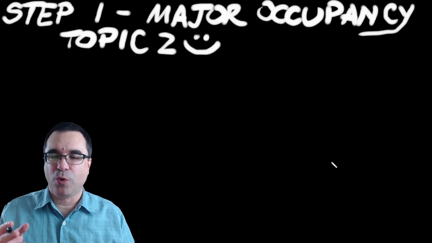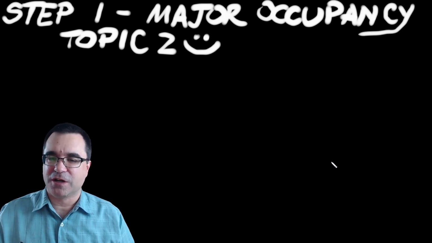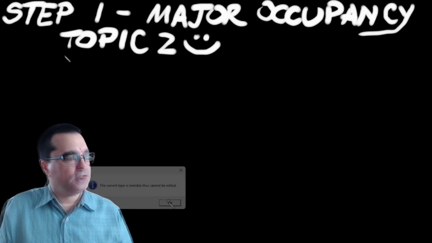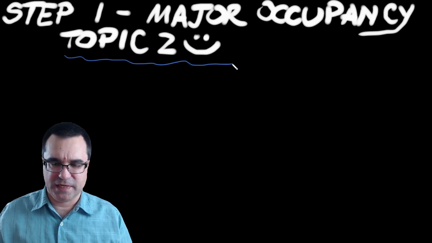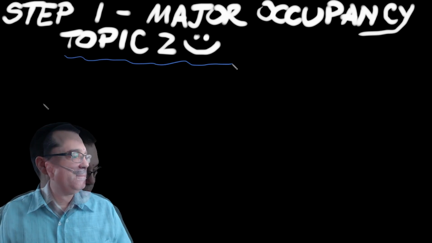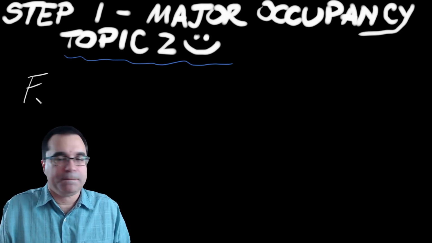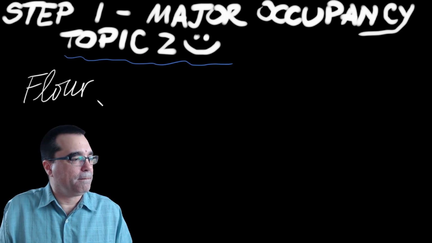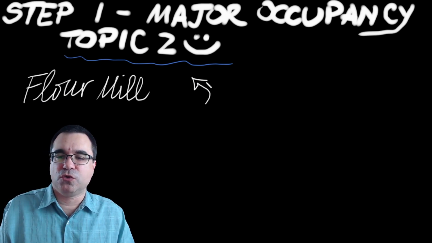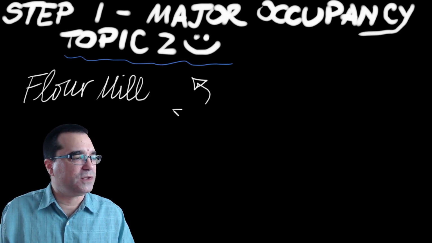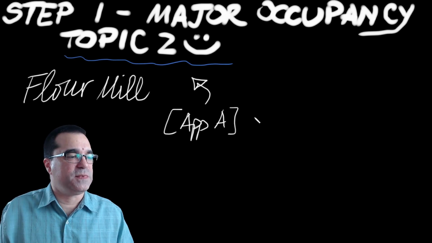So step number 1 is going to be to find the major occupancy of this space, and a reminder that that's according to topic 2, which is previously reviewed as part of this course. So the first thing we have to do is recognizing that this is a flour mill. We're going to use what we learned in topic 2 to determine what the major occupancy for this is. So a gentle reminder that what that means is that we're going to start with Appendix A, and specifically under sentence